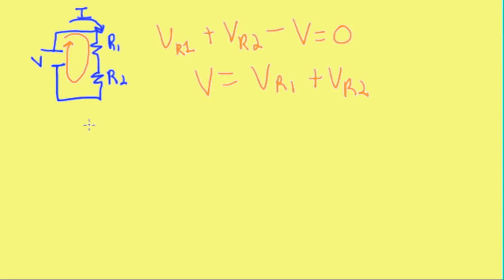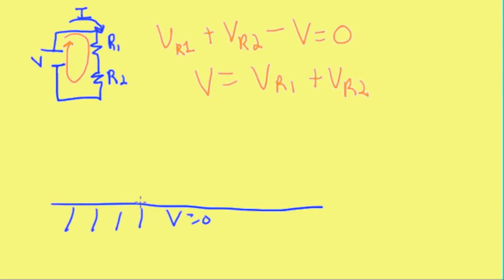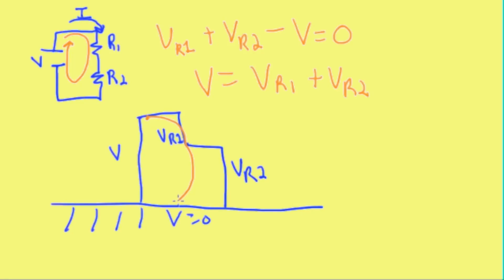Schematically, in a little altitude type picture, we'll have this be our ground, so V equals 0. We're going to come up to some height V. Now the voltage drop across the first resistor is V sub R1, and then the voltage drop across the second resistor is V sub R2. And if we do a loop, we see that we start up here, high voltage, we go 1 voltage drop, 2 voltage drop, we're now down